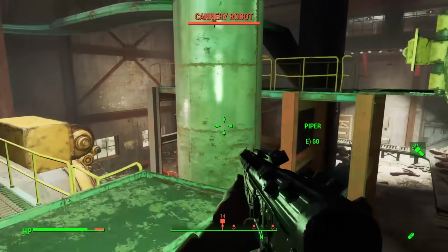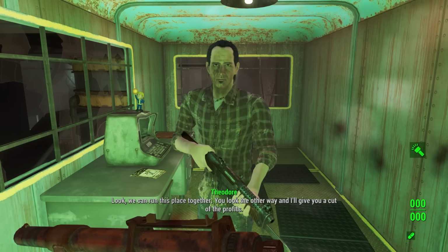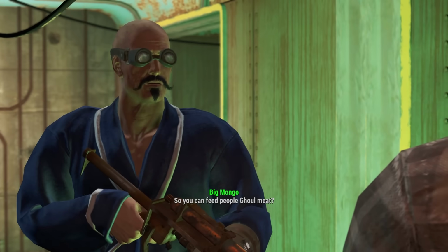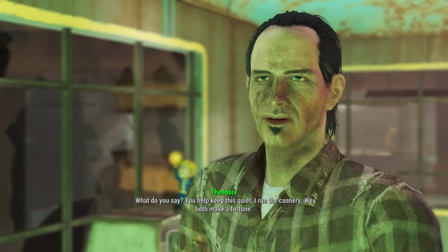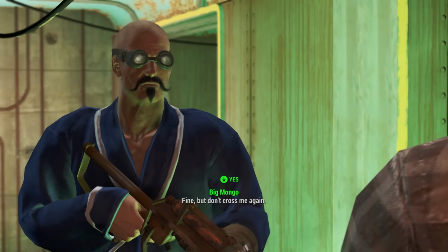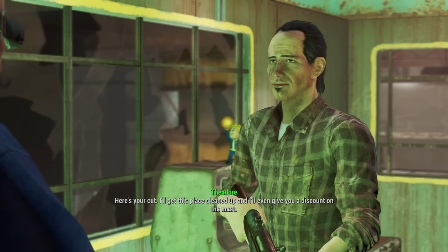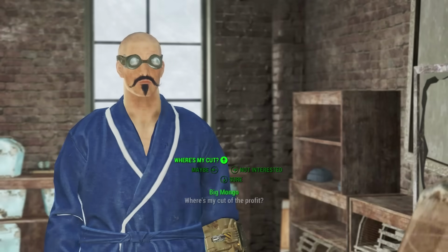Hey man, mum's the word. Just cut me in on the ghoul meat profits. Whoa, whoa! Hey, look, it doesn't have to be this way. Look, we can run this place together. You look the other way and I'll give you a cut of the profits. So you can feed people ghoul meat? Ghouls are no different than any other dumb animal. They're an untapped food source. What do you say? I mean, you help keep this quiet. I run the cannery. We both make a fortune. Fine, but don't cross me again. Oh, man. I thought you were gonna kill me for sure. Here's your cut. I'll get this place cleaned up and I'll even give you a discount on the meat. Hey, you're back. You buying something? Where's my cut of the profit? Oh,